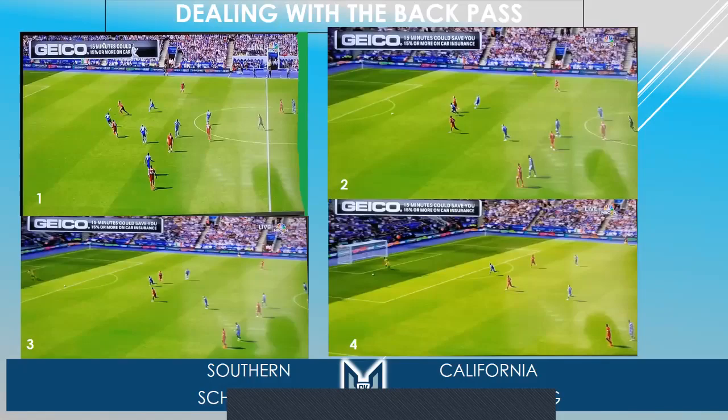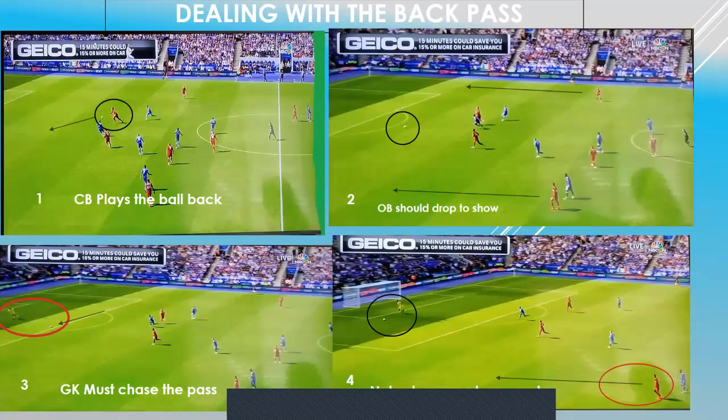This was last year's game. This was Liverpool versus Leicester City. So what you'll see in the first picture, the center back is about to play the ball back. Once he plays the ball back, none of the outside backs show. They just let it go because they know that he's so good with his feet, he could probably play it to them anyway. Only thing is, as we see here, the center back played a horrible ball, and it's going away